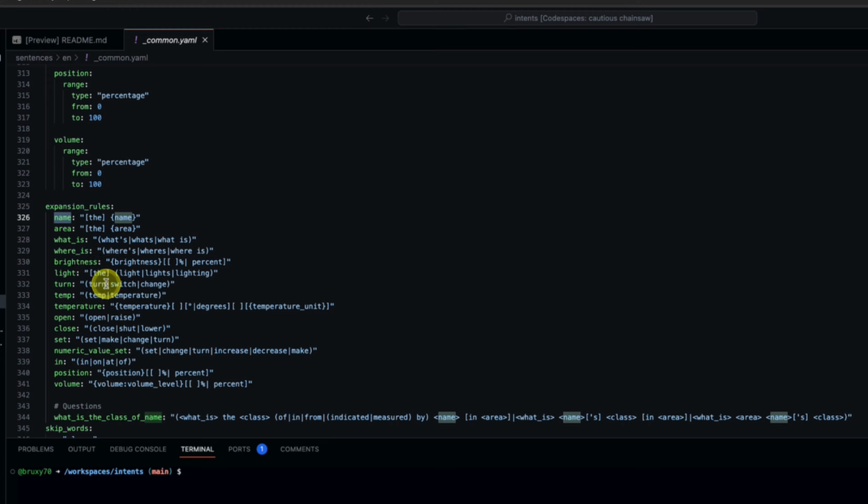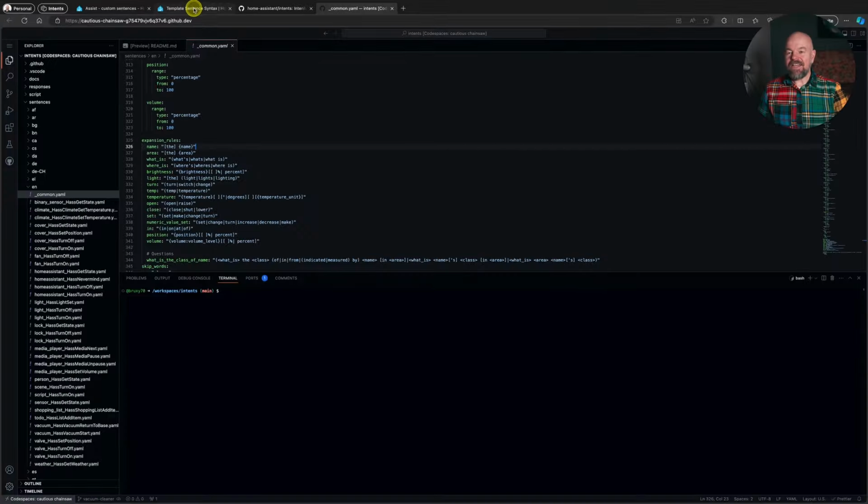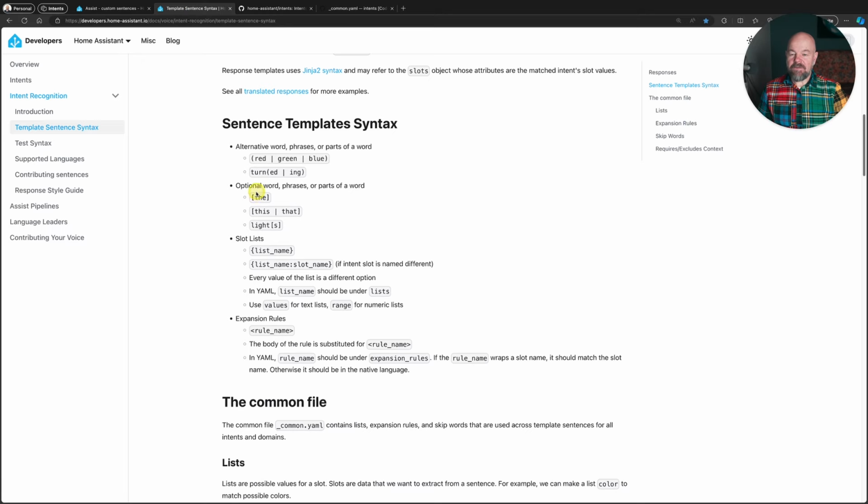So if we have a name in angle brackets, it's the same as if we would have this text in there. And coming back to this template, square brackets mean it's an optional word,